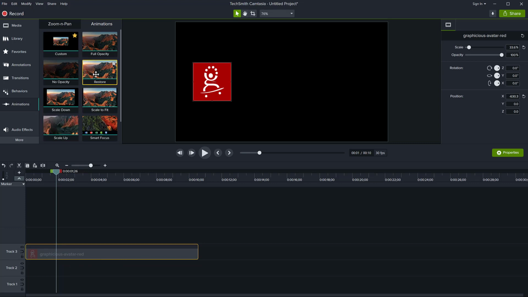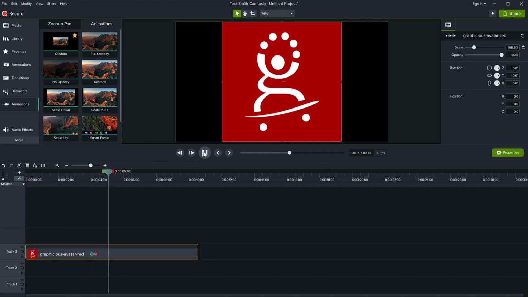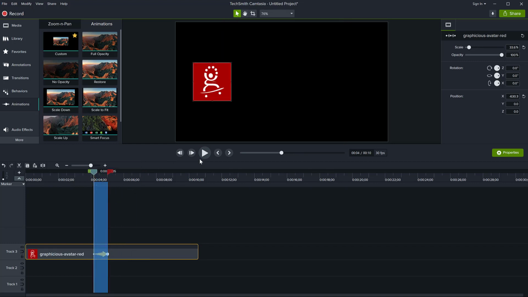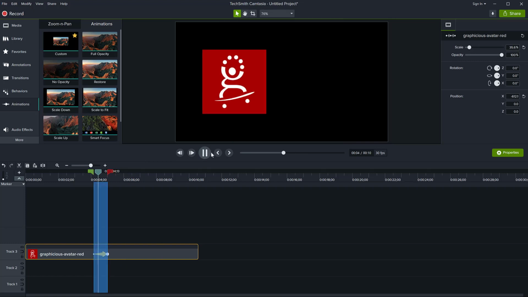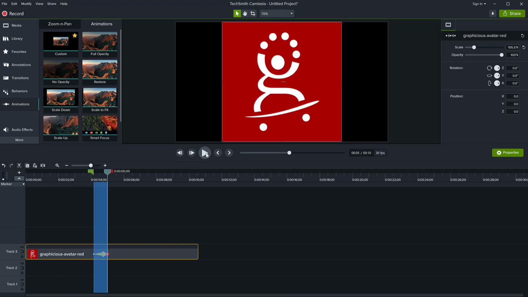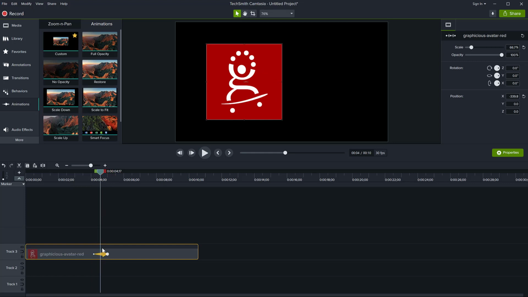Before I do that, let me show you these pre-built animations. Scale to fit. If I just drag this on my object and I play it, it takes the object from where it is and scales it to be the size of the screen. So there you go. That's what that animation does. Of course, you also have control over this animation to customize it later. But at the moment, I'm just going to click on the animation.